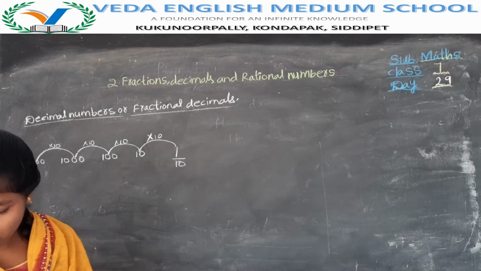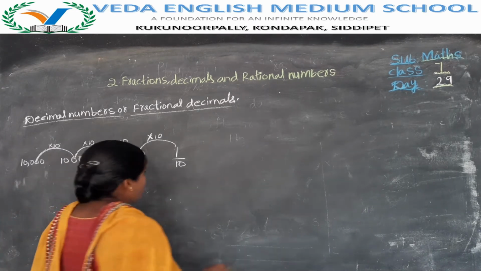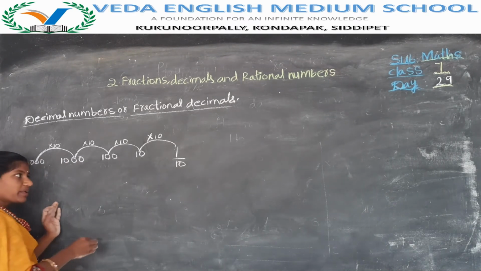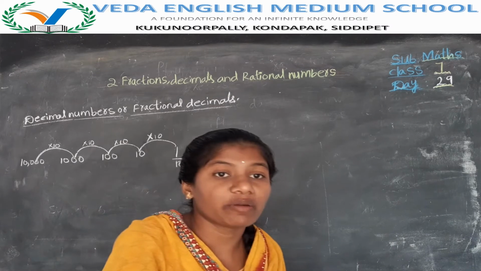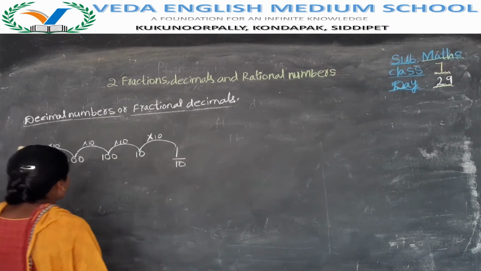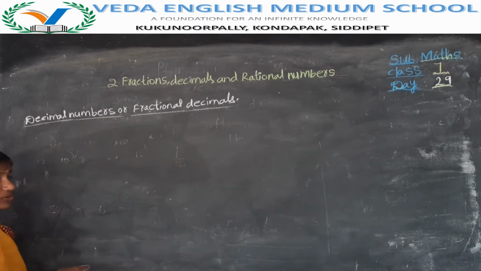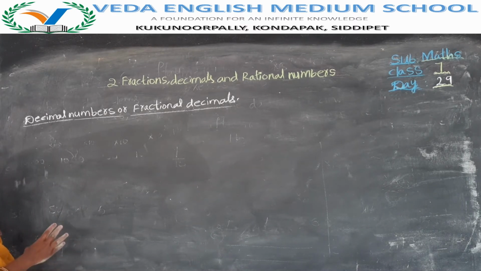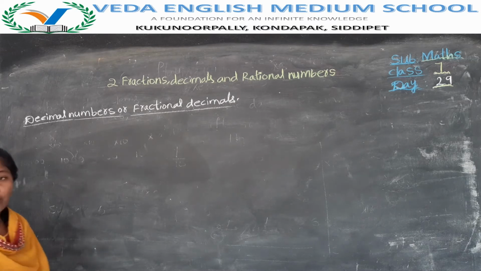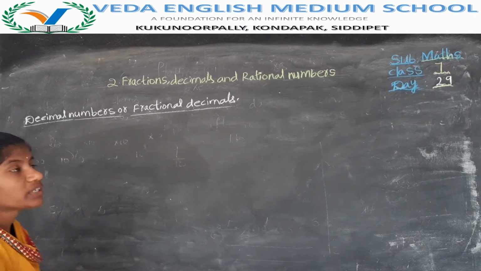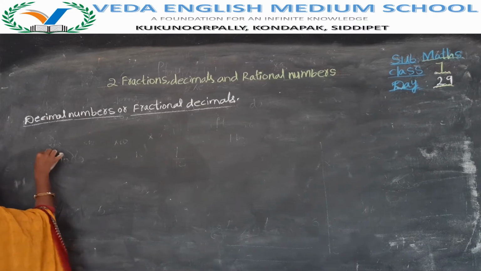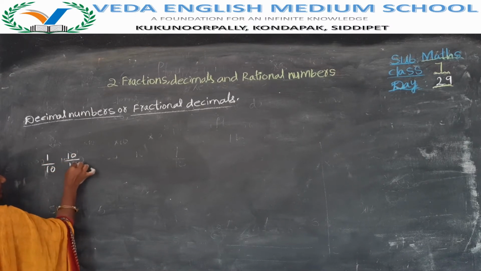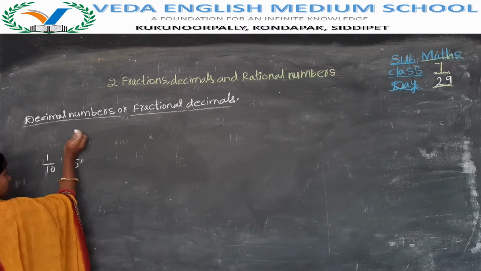When you come from left side to right side, the place value divides. Then the place values will be divided. When we count place values from right to left, we say ones, tens, hundreds, right? So in the same way, when you come from left to right, the place value will be divided. Then ones place, 1 by 10, tens place here 10, here to write 10 only as it is.